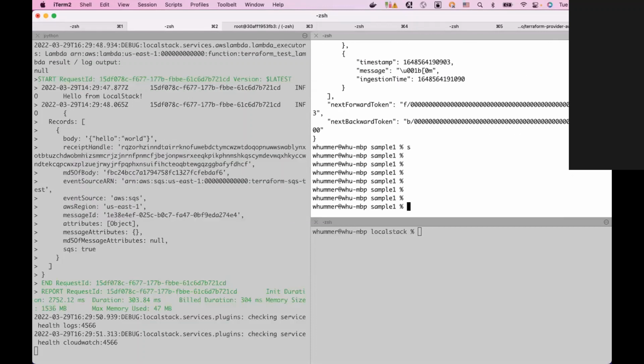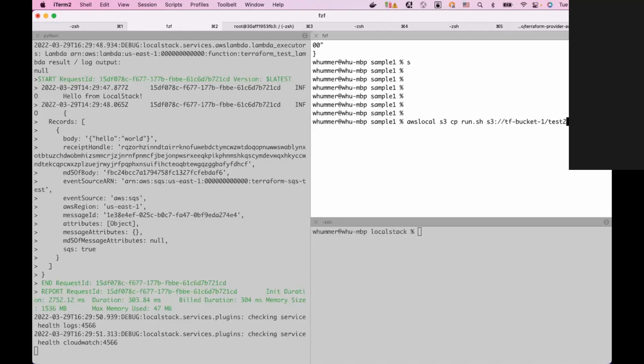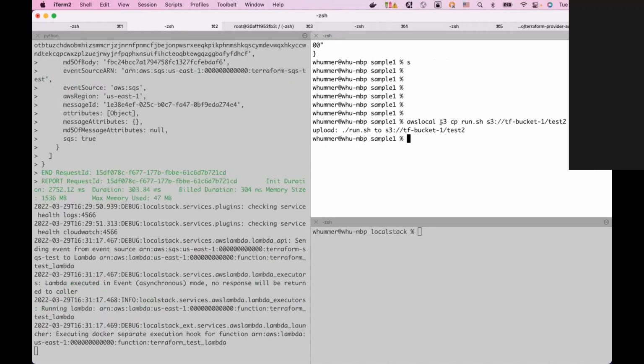it's all executed locally. The other point I wanted to quickly show is, we've now done an SQS queue which invokes the Lambda function. We can also put an object to the S3 bucket. So let me just do an AWS local S3 copy command, which is going to copy some local file into our S3 bucket here. And this is now uploading the file to S3 in our